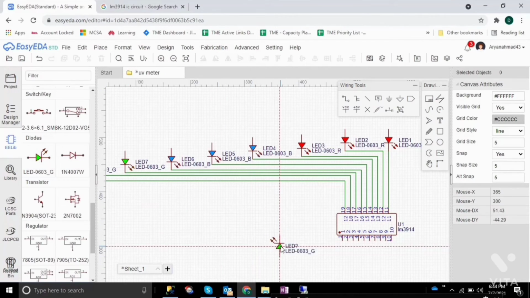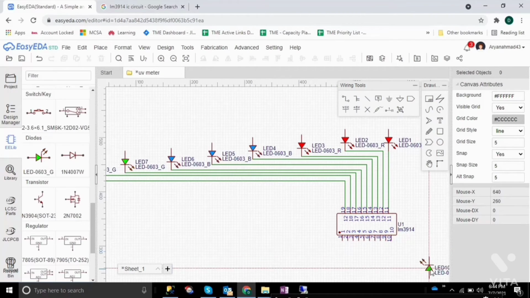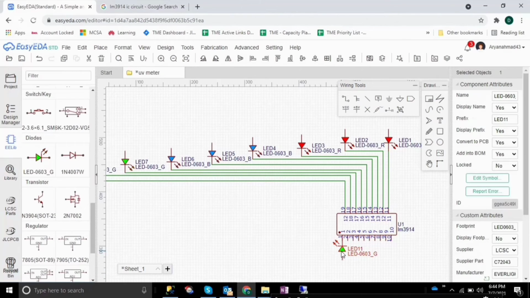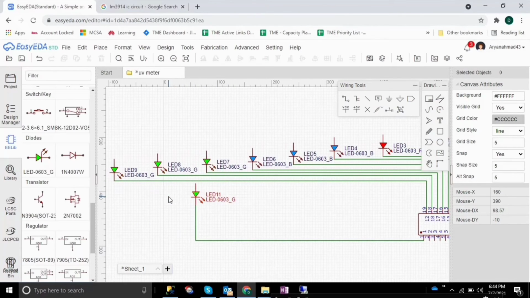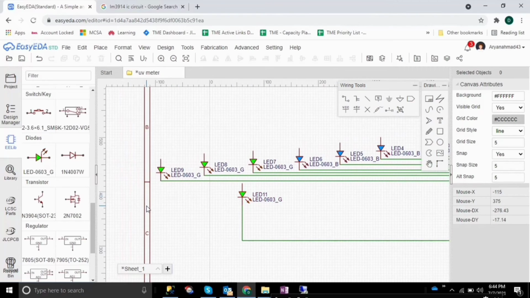Keep in mind when you design a circuit, first you should know the data sheet of your IC, which IC you can use, and then you can design a circuit. Most of the time, the circuits you search for on the internet might be different depending on your IC package, because sometimes you will search for an IC number which is not available on the internet, but Google can put out a random number, the same number with a little bit of difference. You might say it is always the same, but it is not the same. There might be minor differences. So that's why you should always confirm your IC pinout and then design the circuit.